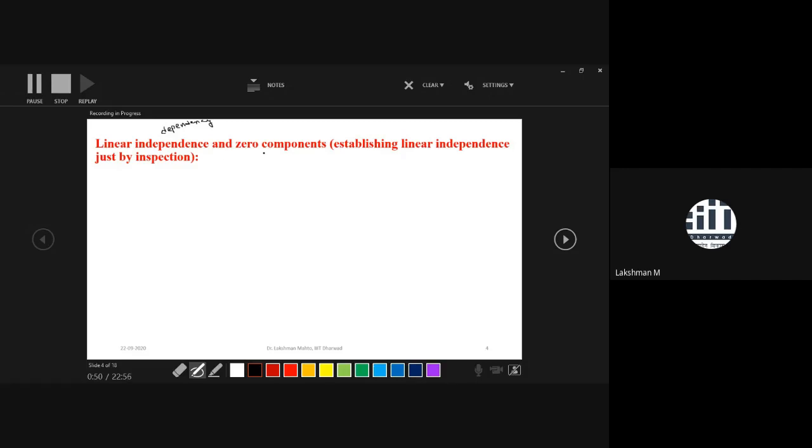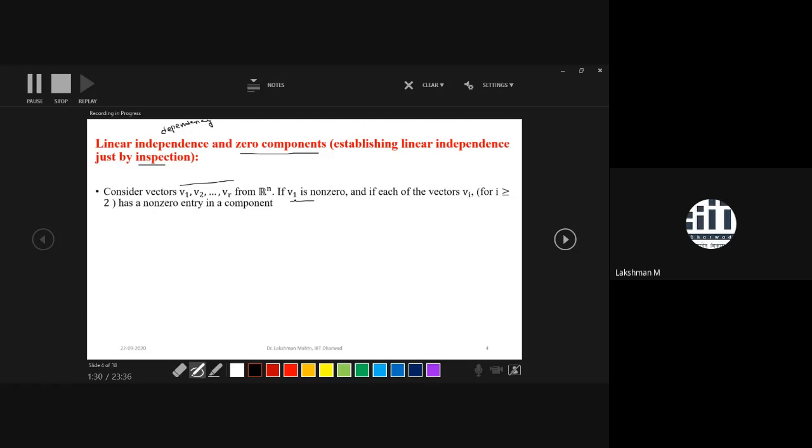One approach is we just try to see a zero element or zero coordinate in the vector. This approach we are calling inspection. It is a hit and trial method. It won't work everywhere, only in special cases. What is the algorithm for the inspection method? Consider we have n vectors of n dimensions, and suppose v1 is not 0. We have to list whatever vectors we get in a proper order. Once we have a proper ordering, we look at the first vector.